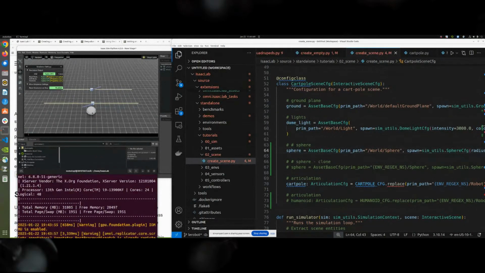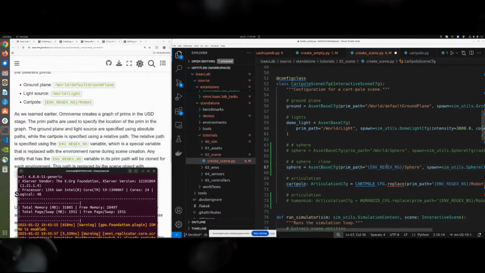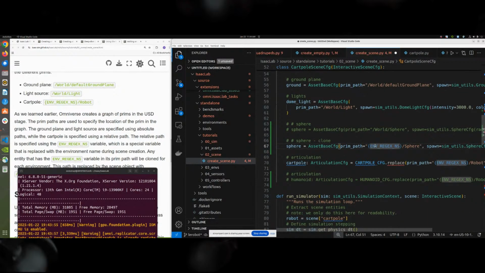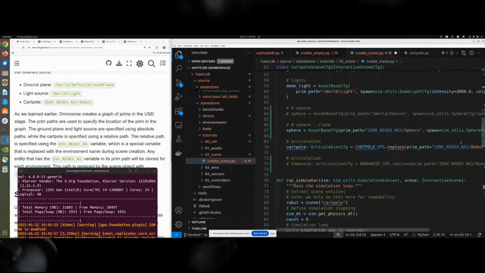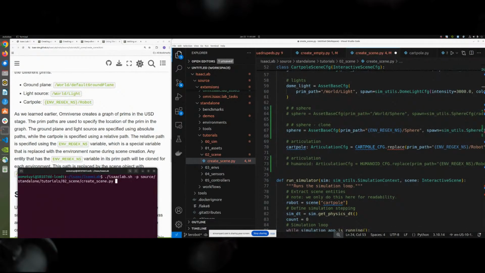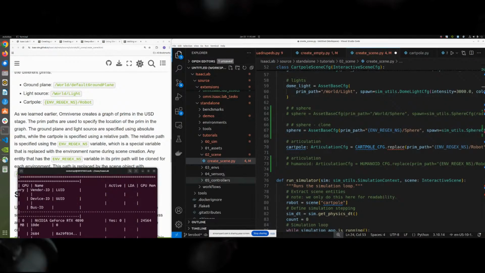Now, if I do not want just one sphere to be spawned, and I want several spheres to be spawned, then I change it using the environment. I use the env_regex_ns variable for me to be able to do that. This corresponds to the num environments, which is a variable that we defined right up here. The default is 2. That's why initially when I ran it, you saw just 2 cartpoles running. Now if I come here and set num environments equal to 32, what you will see is that